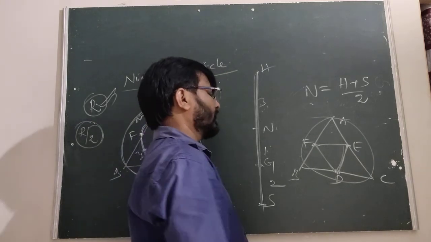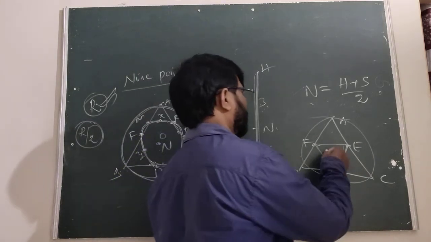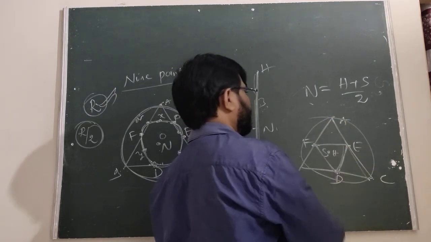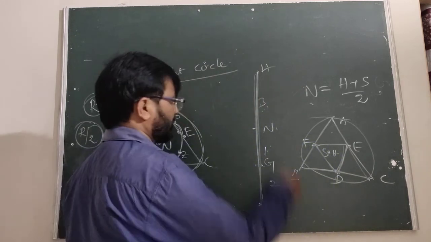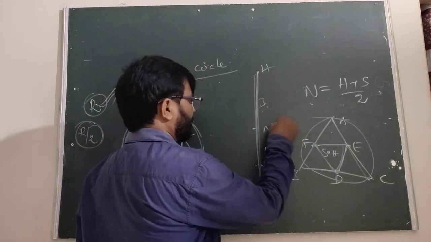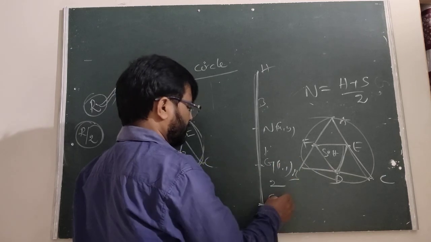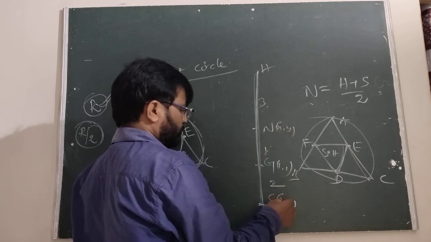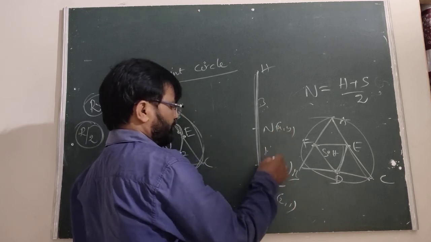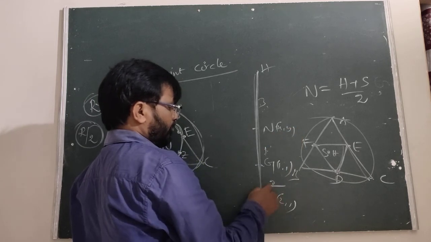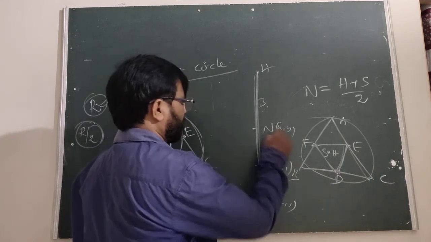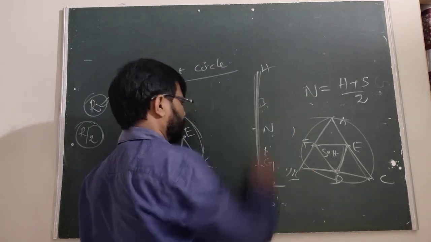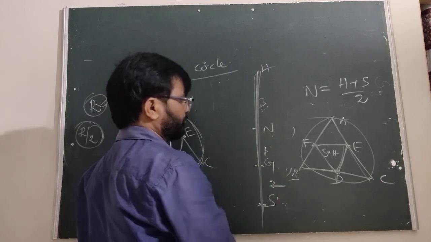Is it clear? This is the form. Suppose this is x comma y, this is 1 comma 1, this is 2 comma 1. G divides in the ratio 1:2. That is 2x plus 2 by 1 plus 2, and 2y plus 1 by 2 plus 1 equal to 1 comma 1. Then you got the N. Suppose any 2 points are given, then we have to take this one. Therefore 3:1:2. Is it clear?